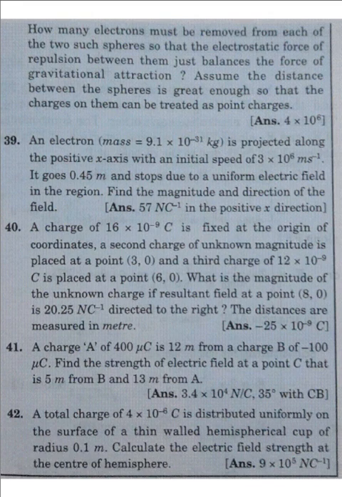The next one is probably a kinematics related problem that has been linked to electrostatics. An electron is projected along the positive x-axis with a velocity of 3 times 10 raised to the power 6, and because that cannot be 3 times 10 to the power 8, of course, it goes 0.45 meters and then stops due to an external electric field. Obviously the electric field will be attracting that electron. So the magnitude and the direction of the field, well,